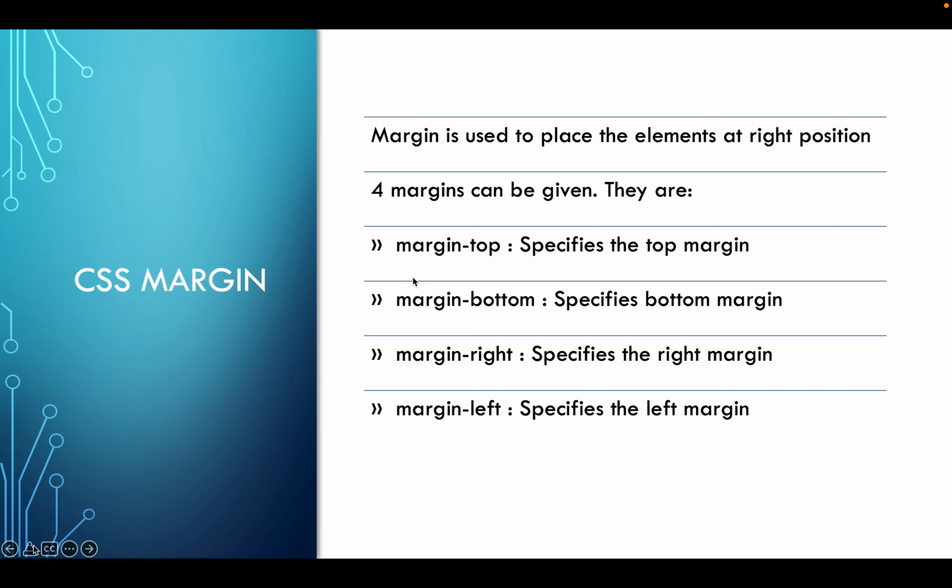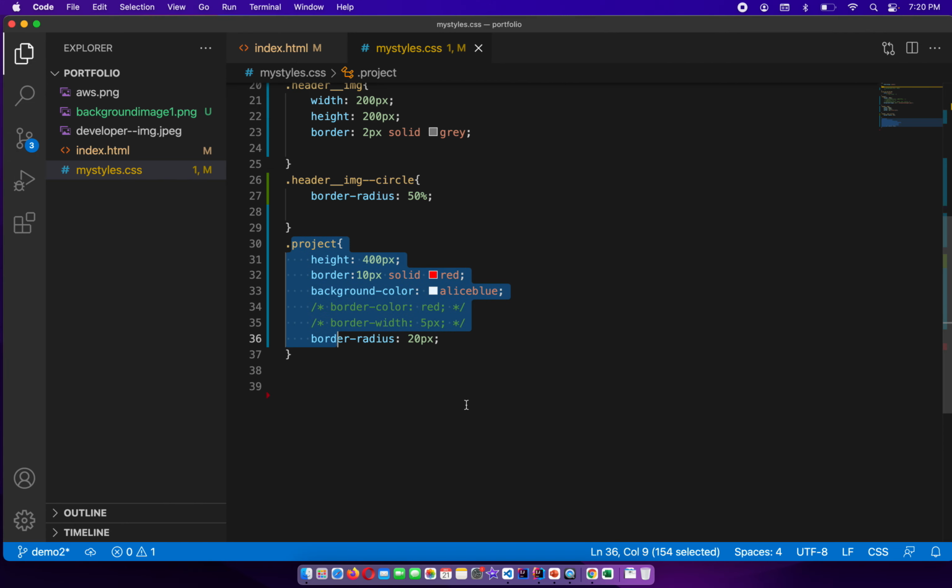Now let's understand CSS margin. CSS margin is used to place the elements at the right position. We can apply 4 margins, that is top, bottom, right, left. So what is a margin? I want to, if you